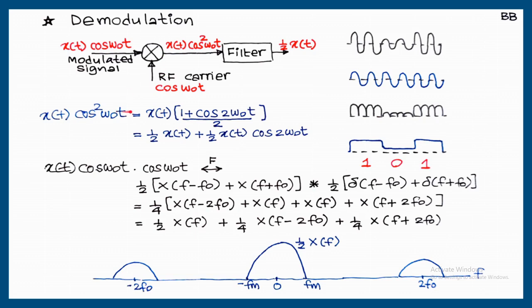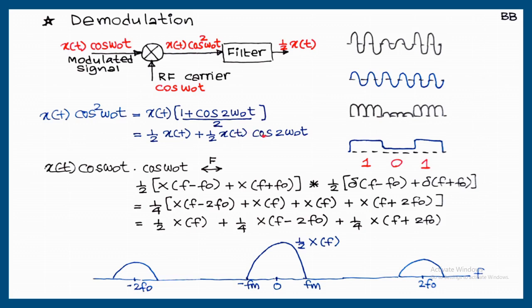In time domain, the product I am writing here, x of t into cos omega 0 t into cos omega 0 t, is x of t cos square omega 0 t. Cos square theta can be written as 1 plus cos 2 theta by 2. That I am writing here, x of t into 1 plus cos 2 omega 0 t by 2. So that will be half x of t plus half x of t cos 2 omega 0 t. So this shows that after the second multiplication, we are getting the x of t back. But due to cos omega 0 t multiplication, there is a modulation, that x of t cos omega 0 t is further shifted to the right side by omega naught frequency.